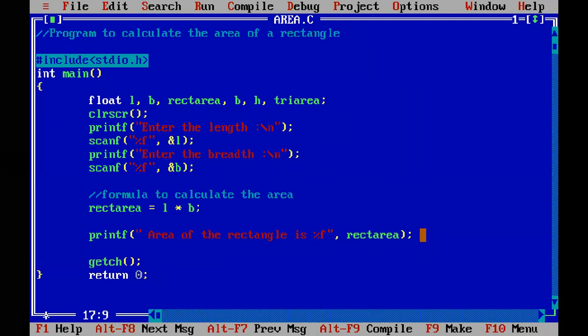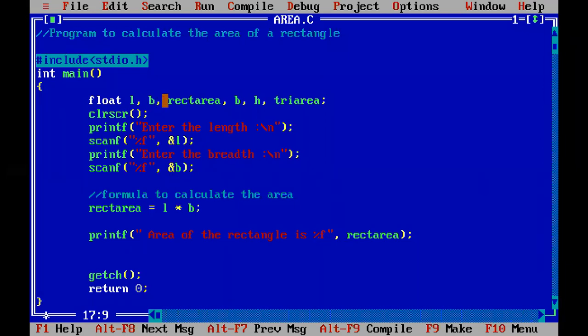Now you can start from here also to calculate the area of the triangle, or you can give all the inputs together here, just like you have given input for length, breadth of the rectangle. So just after this, you can also enter the inputs for the breadth and the height and base. Okay, oh, sorry.